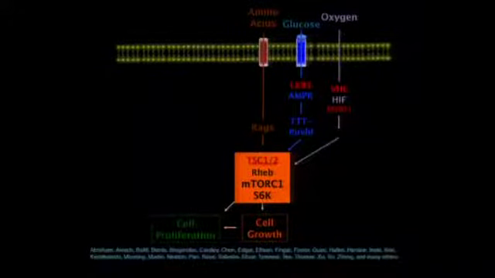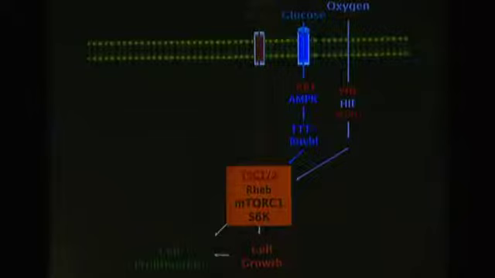Now, the pathways have become extremely complex over the last 15, 20 years, and it's impossible to tell you all the complexities of the pathway. But I break it down into two general areas. One I loosely call the ancient part of the pathway, and the other I call the more recently evolved part of the pathway. This is the more ancient part, and I can say that because several components of these inputs are conserved back into yeast and flies. These are the amino acid sensing pathways that have been worked on predominantly by David Sabatini here. And then there are the glucose sensitive pathways. We still don't actually know the mechanism of how this works.